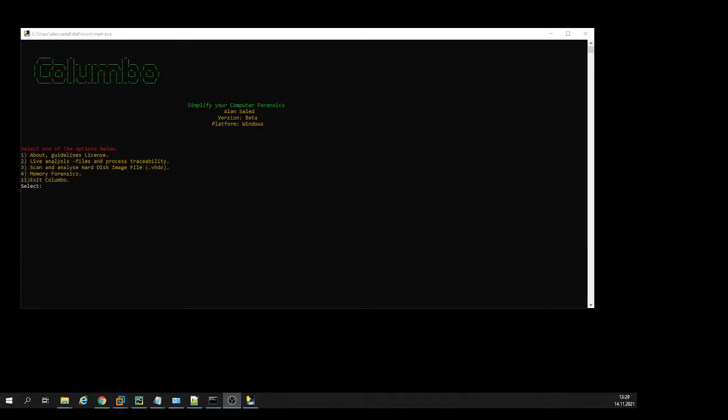Hi, the purpose of this video is to demonstrate the automated memory image analysis included in option 4 as a new feature. So basically that would be the memory forensics option. And if I press 4, Columbo wants the path of your memory image. And as soon as I press enter,